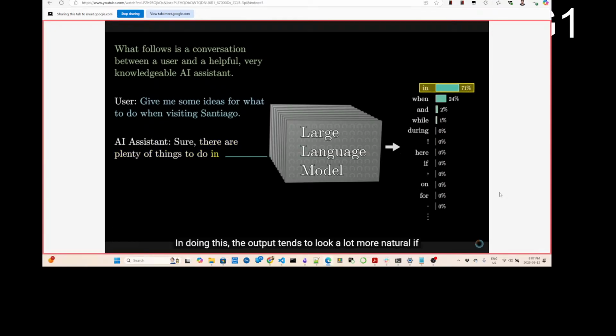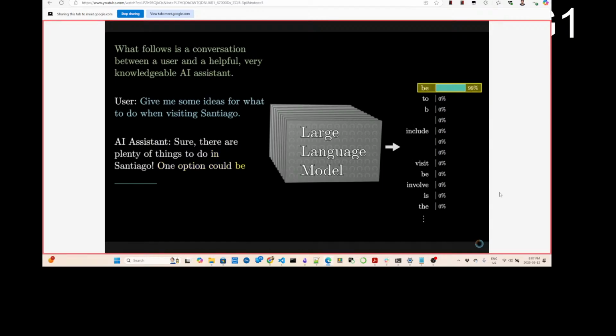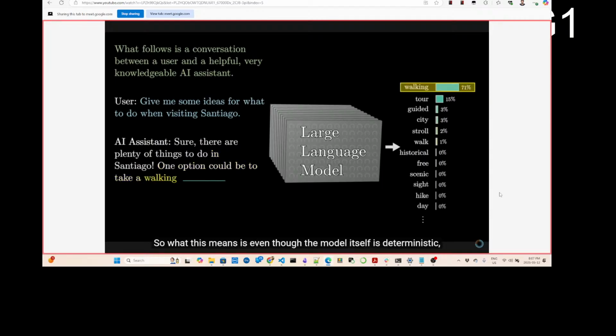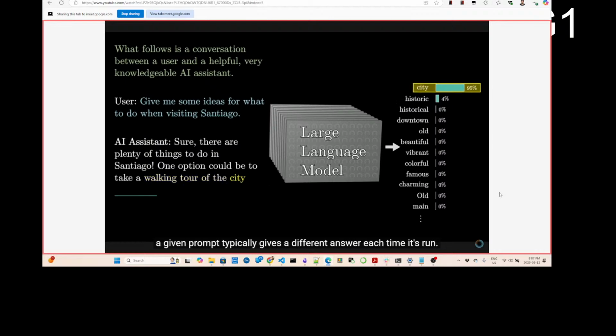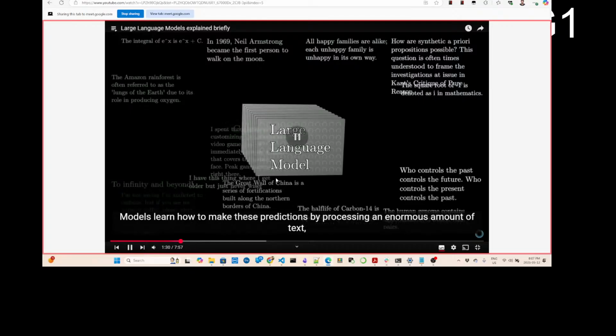In doing this, the output tends to look a lot more natural if you allow it to select less likely words along the way at random. So what this means is even though the model itself is deterministic, a given prompt typically gives a different answer each time it's run. Models learn how to make these predictions by